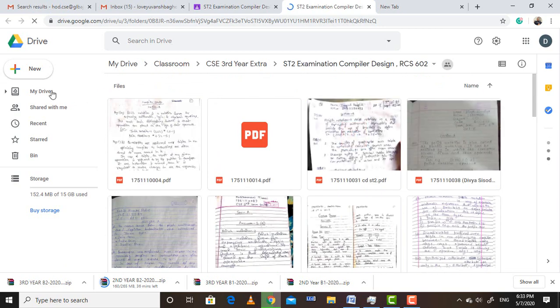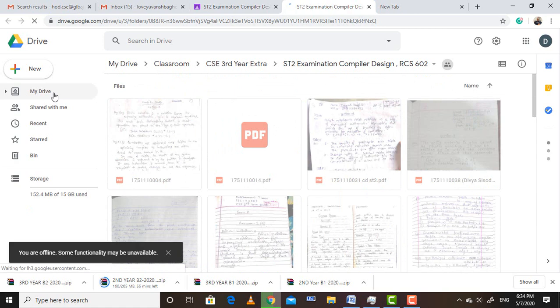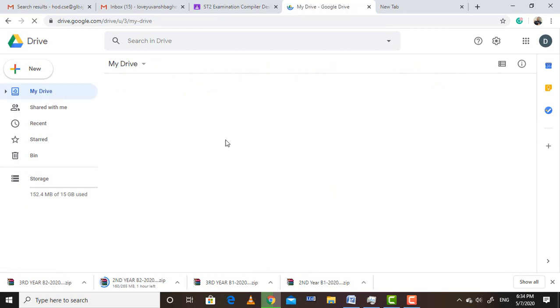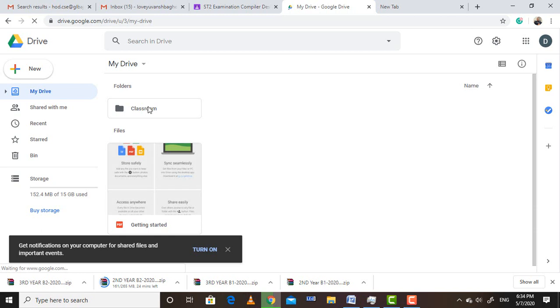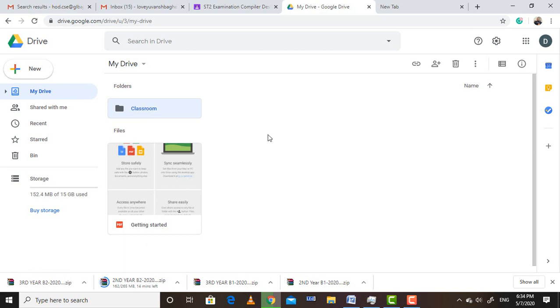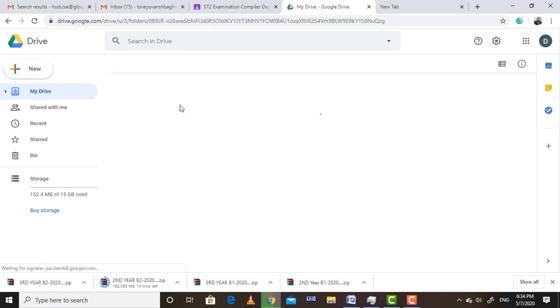Now you go to My Drive. This is My Drive, and in My Drive you have the folder Classroom, which is automatically created by Google Classroom. So you click on Classroom. You can open this folder.